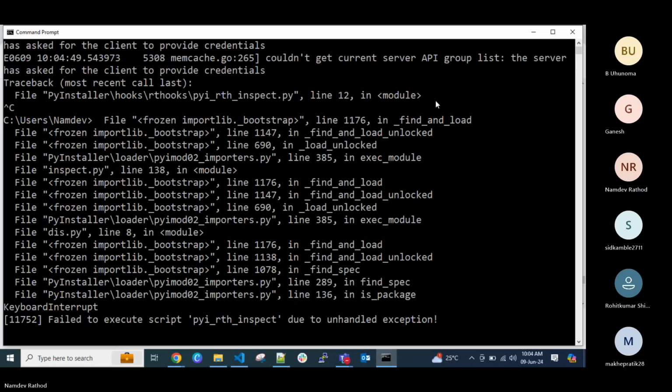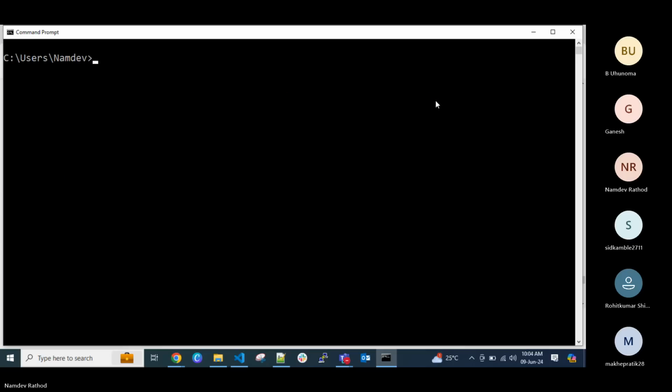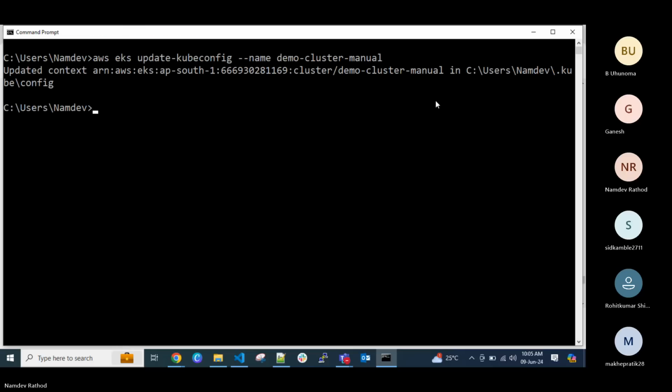Okay, it's asking for the credentials. So let me update that for manual. Sorry, eks update-kubeconfig for the manual cluster. Okay, context updated. If I try to execute now,